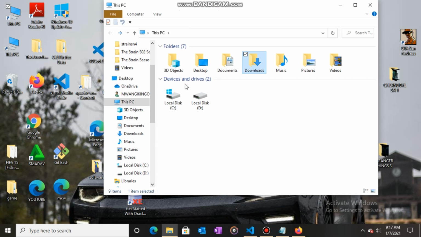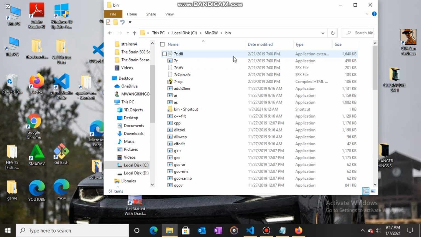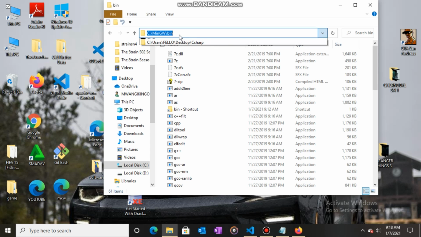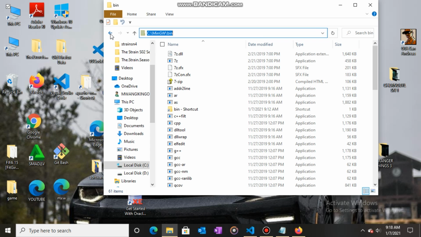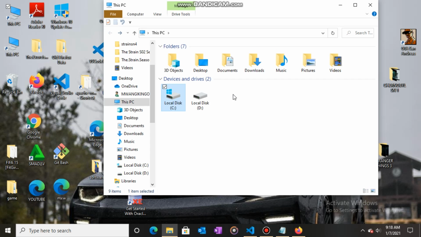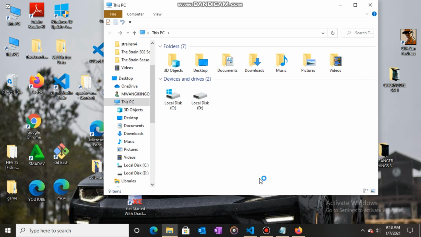So you can go to where our MinGW is in the drive C. We have the MinGW, open the bin, and now we can copy this link. So this is the link which we will be copying and pasting. So we just copy the link, go back to my computer, and you right click on the empty space, hit properties,